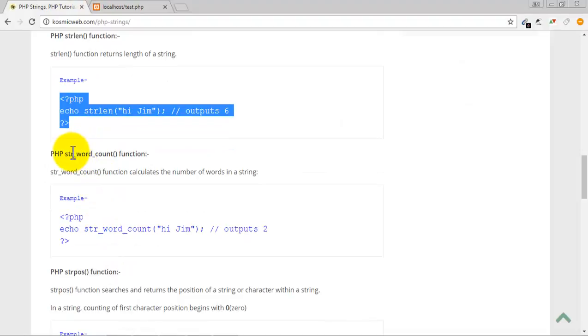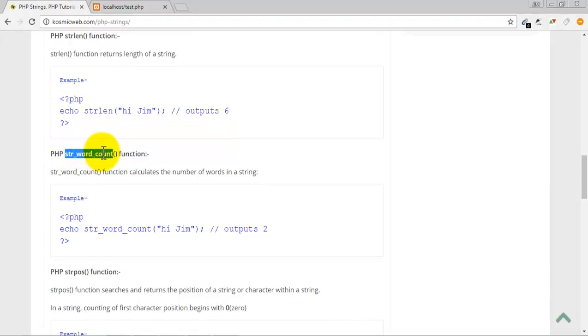Then come to the next PHP inbuilt function, that is the str_word_count function. The str_word_count function calculates the number of words in a string.